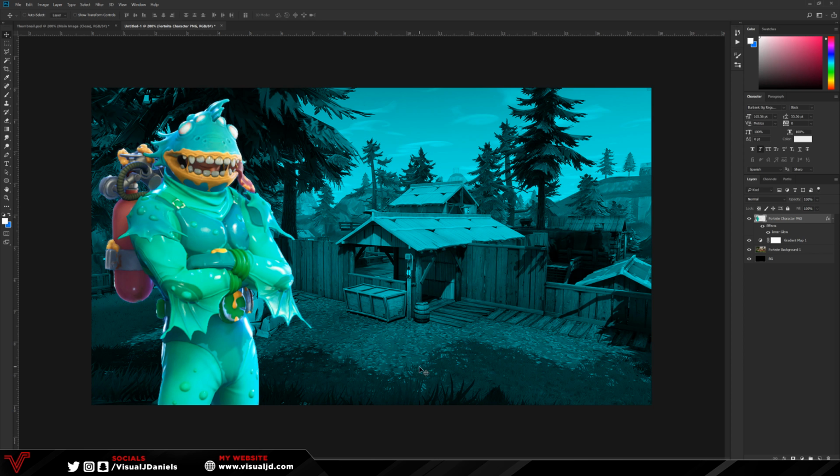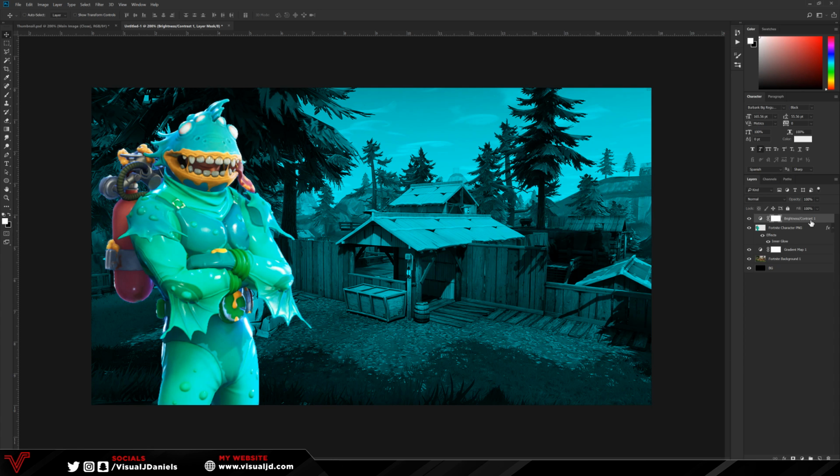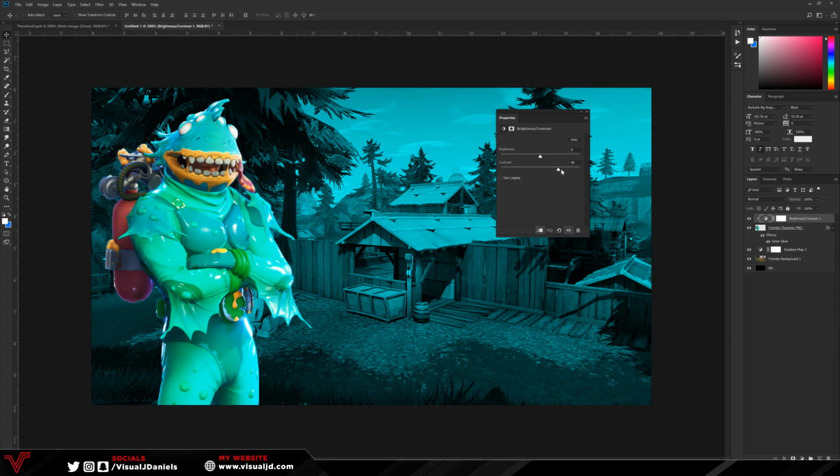have done this. Now what I'm going to do is mess around with the brightness and contrast of the character. So I'm going to go to the adjustments layer down at the bottom, brightness and contrast, and this will open up a separate tab, and you want to make the contrast go up a bit. So I'm going to say to around about 25, and once you have done this, you want to right click on the layer and go to create clip and mask. Doesn't really make too much of a difference on this character, so you can increase it or even decrease it if you wish, but I think if you increase it to anywhere from like 20 to like 50, it does